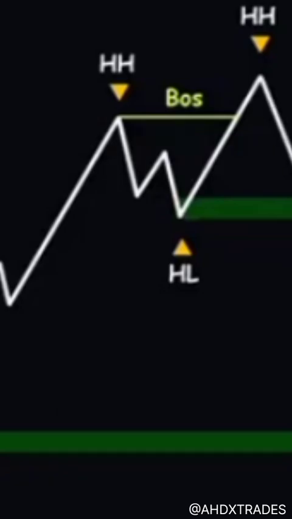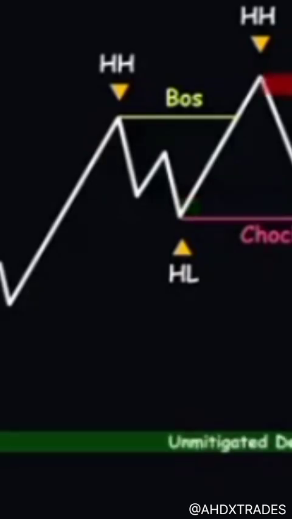However, if the price breaks below a demand level, forming a change of character, it indicates that supply is now in control over demand, and the market has formed valid supply zones. The price keeps moving down, creating new supply levels until it reaches the next demand zone that has not been used yet. At this point, there is a fight between supply and demand, and we need to wait to see